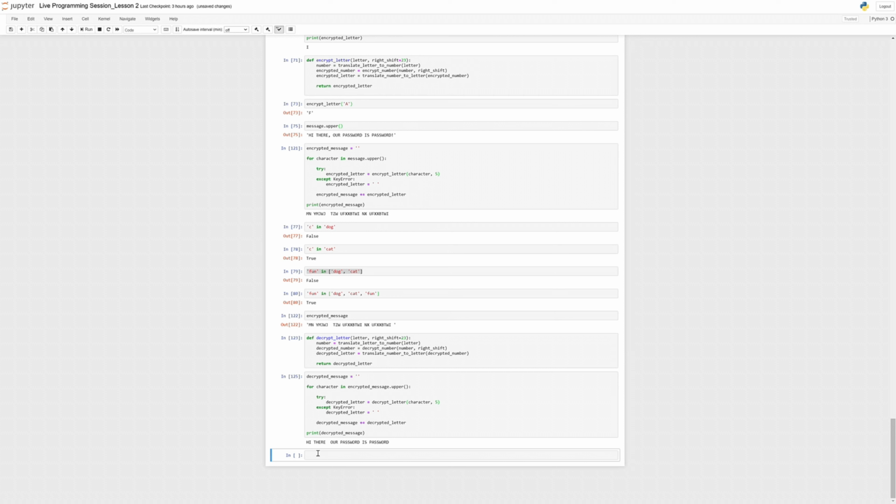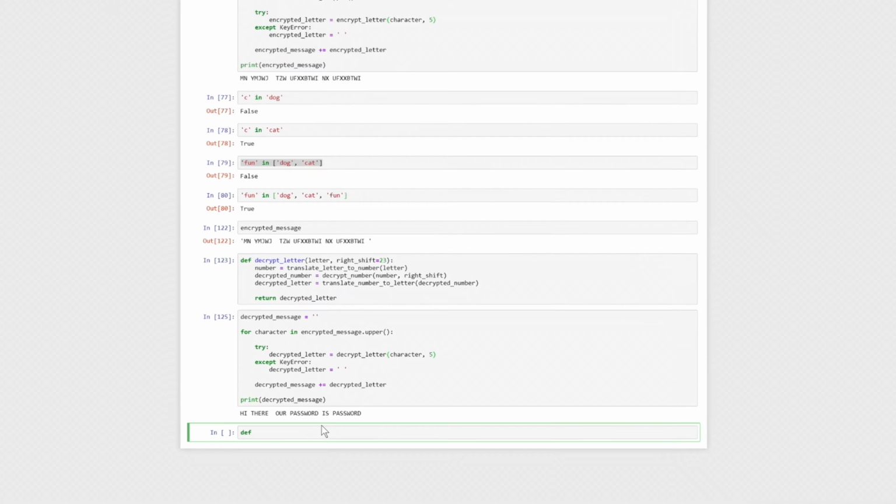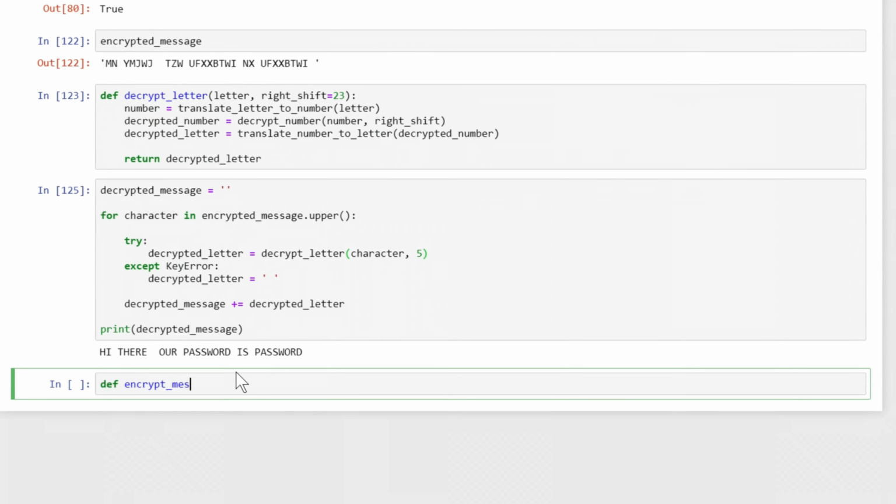Now, the next thing we're going to do before we close things up is just clean things up a little bit for ourselves. So I'm going to make 2 functions. We've been doing this with a particular type of message, and we've been having to pass those in at particular points. That works for now, but what if we want to use a different message? It'd be a little bit of a time-consuming effort. So I'm going to define 2 functions. I'm going to say encrypt message,